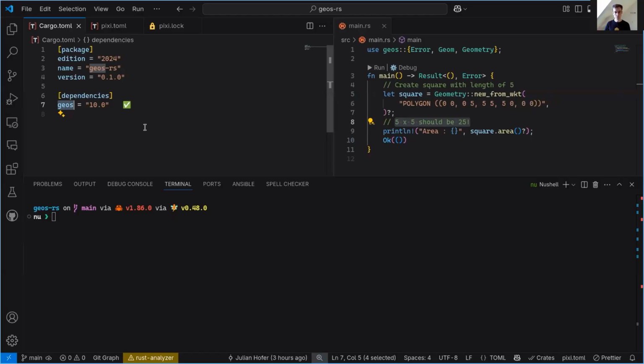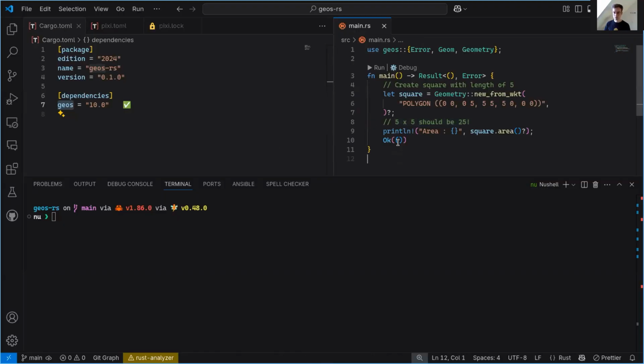So let's imagine this is a very simple Rust program. You use the geos library, which is a popular library if you did any kind of geometric calculation, if you're in the GIS field, or basically any kind of geometric calculation, you probably use geos. You can use that in Rust, but if you install it with Cargo, you just install the Rust wrapper. What this wrapper does, if you then compile it, is search in the system if the actual library is somewhere findable.